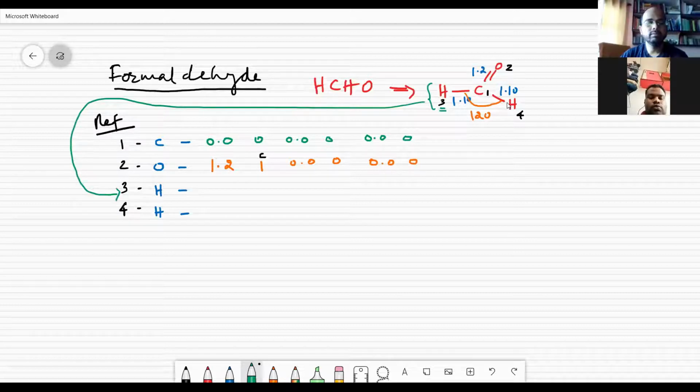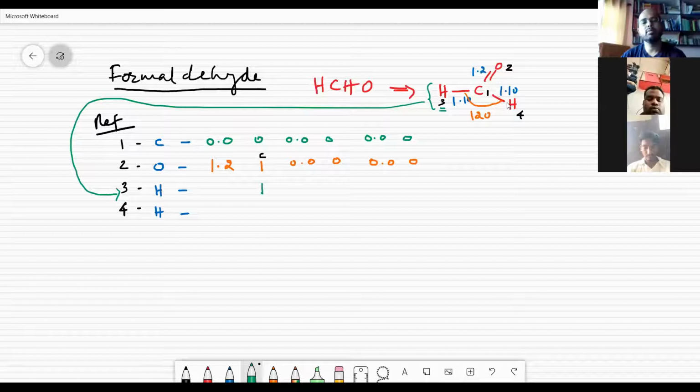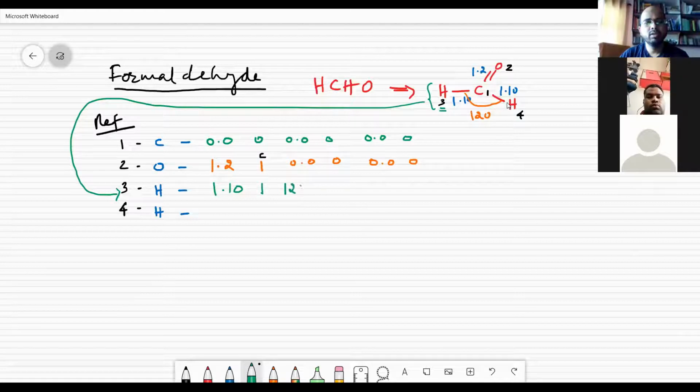It is a hydrogen atom connected to carbon 1 by means of about 1.10 angstrom units. Its bond angle is about 116 degrees sometimes, but I am going to write it as 120 degrees from 2.